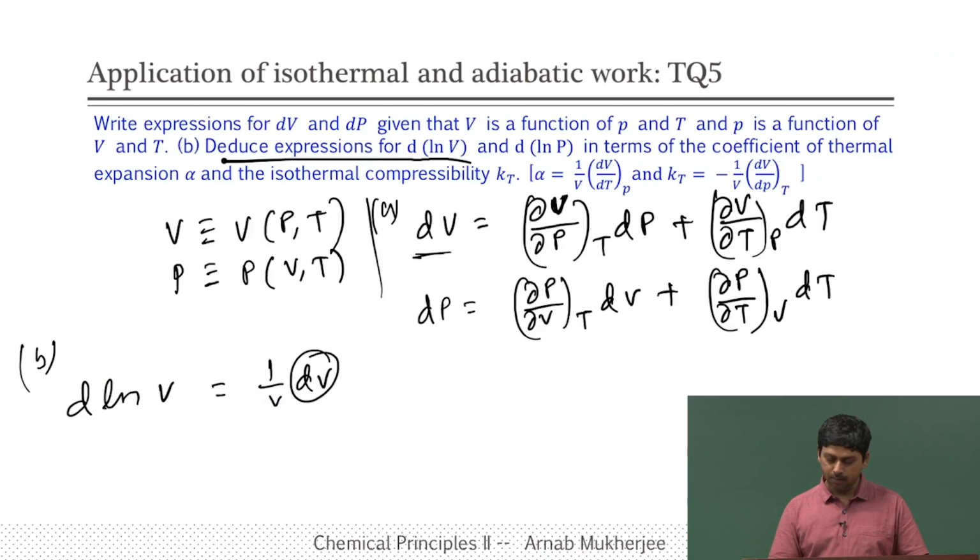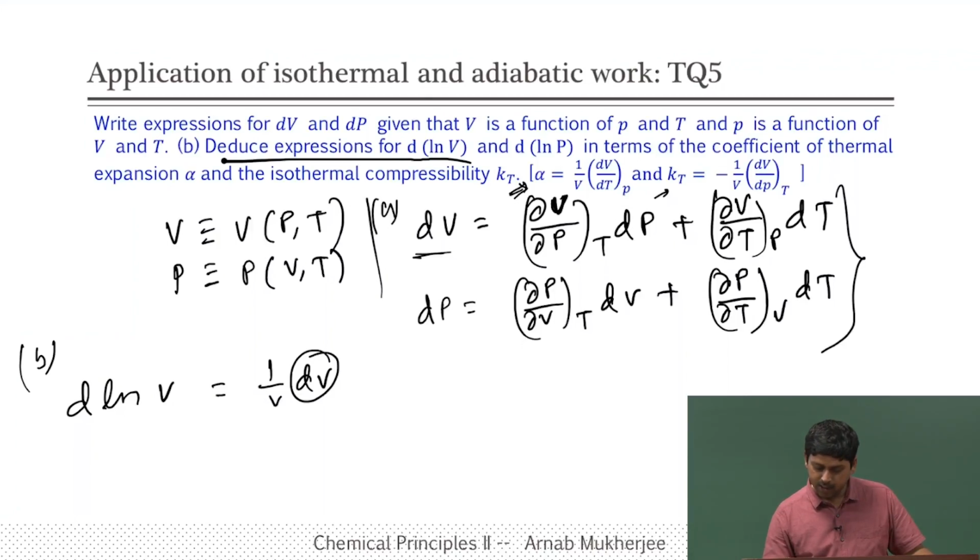So, it will be this term multiplied by 1 by v, and d ln p in terms of the coefficient of thermal expansion. This is isothermal compressibility and this is the coefficient of thermal expansion, which tells you that given a temperature change, how much change of the volume there will be, per unit volume. So, you can see that this alpha equals 1 by v del v by del t at p, alpha is the coefficient of thermal expansion. So, let us say if the temperature changes by 1 degree at a constant pressure, how much the volume will change, normalized by the volume. That gives you an idea of how much expansion is possible for a liquid or gas or whatever. Something will expand more, something will expand less depending on alpha, and this is called isothermal compressibility. Why isothermal?